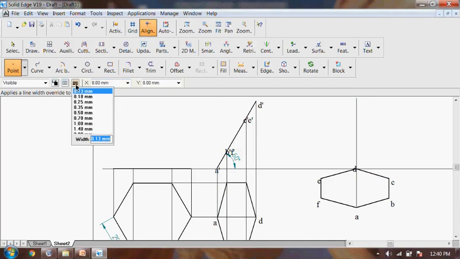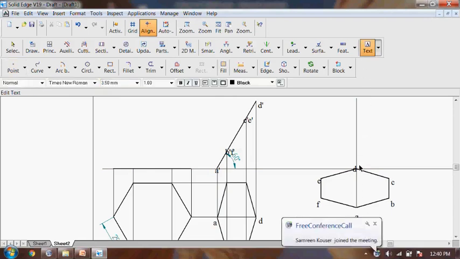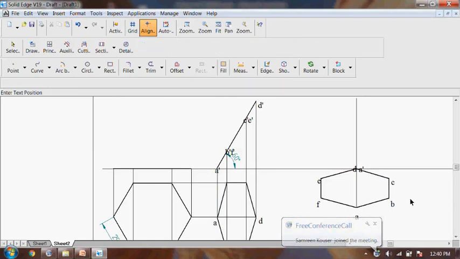Just I will show you with the point. So with the help of the point I will show you. So the first point will be this, and that one is A dash. So you will get A dash there itself. Then next one is,